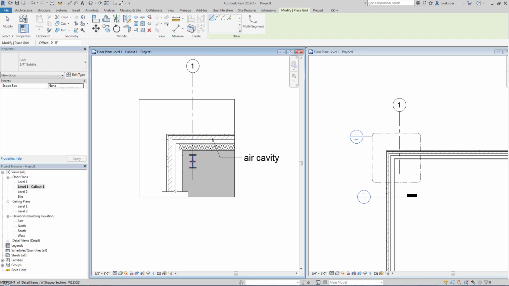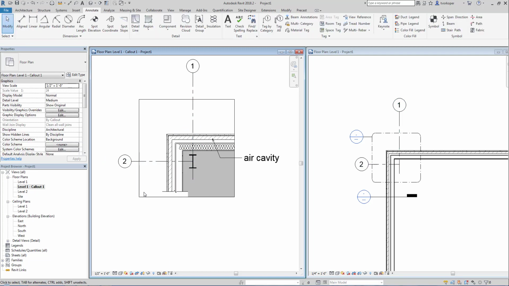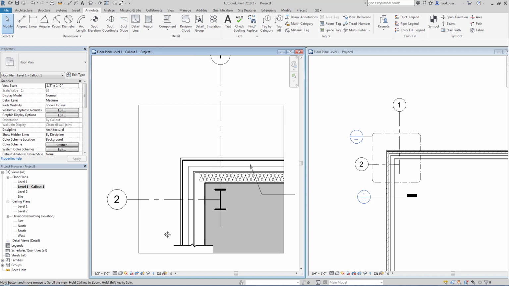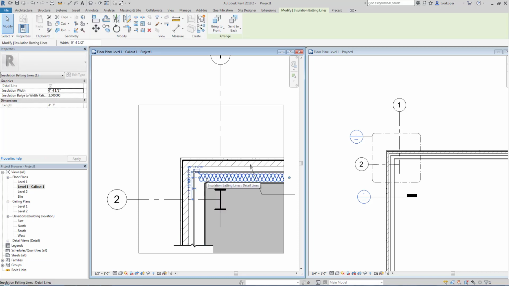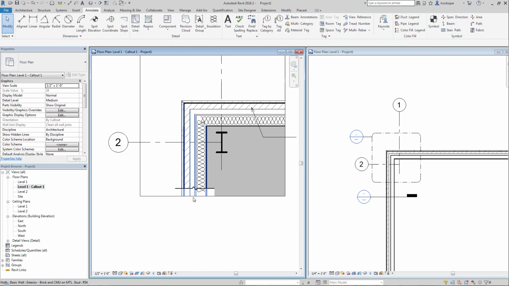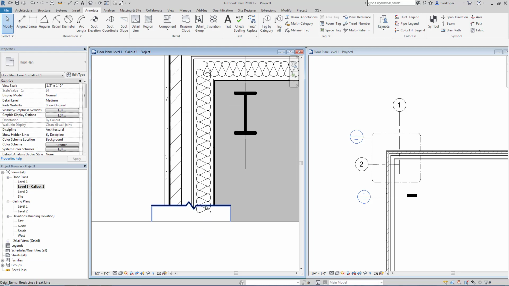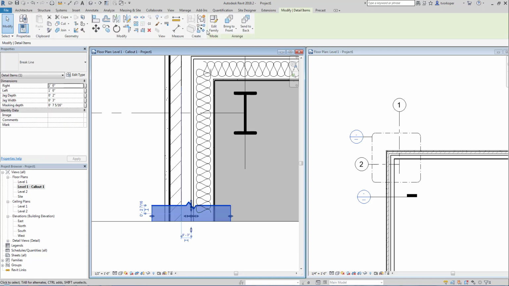We'll create another one going the other direction. Once we have things like the column and insulation, I'm going to go ahead and put insulation going in the other direction as well. Unlock it. And this is a good example of the insulation is actually above the break line masking tool. So we can highlight that masking tool and come up here and bring it to the front on the Arrange panel. And when we do that,